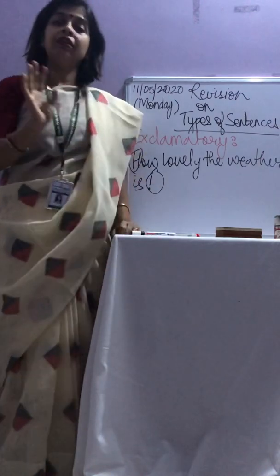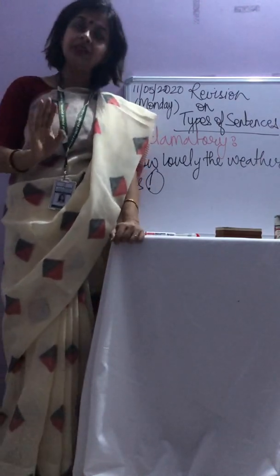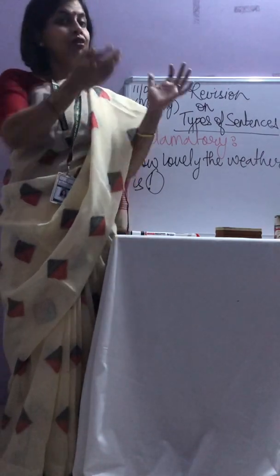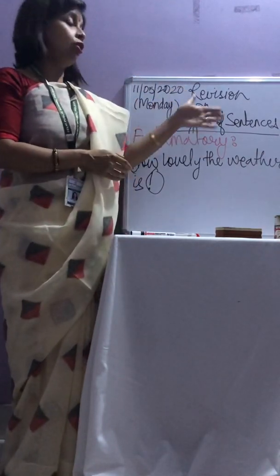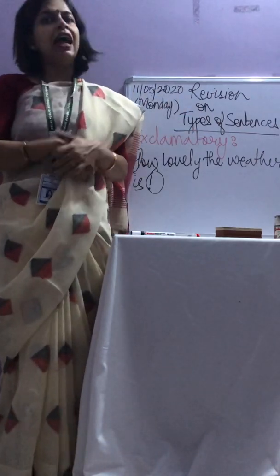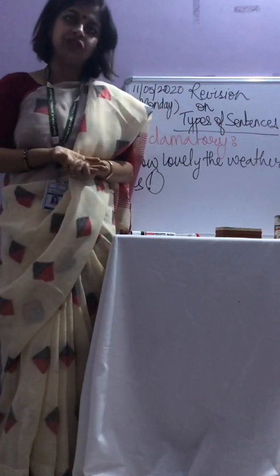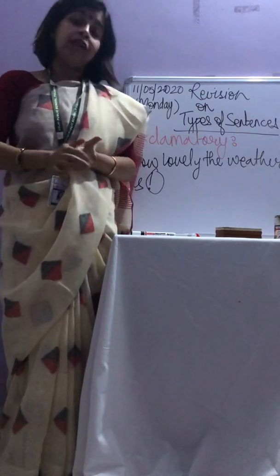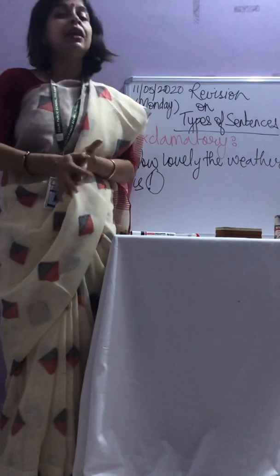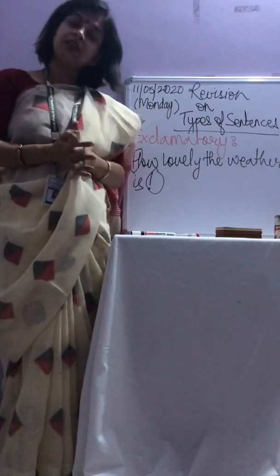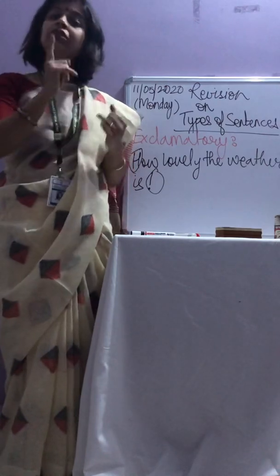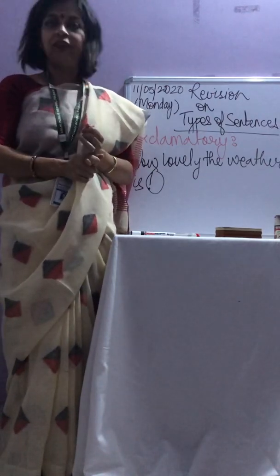So these are the 4 types of sentences. So we know what are types of sentences. We also know what a sentence is. So for today, I did a revision on sentences as well as types of sentences. I just wanted to do a recapitulation of the 2 topics which were taught. Right now we have been taught 4 chapters, isn't it? Subject and predicates as well as prefix and suffix. So the next day, we are going to have a revision on subjects and predicates and suffix and prefix.